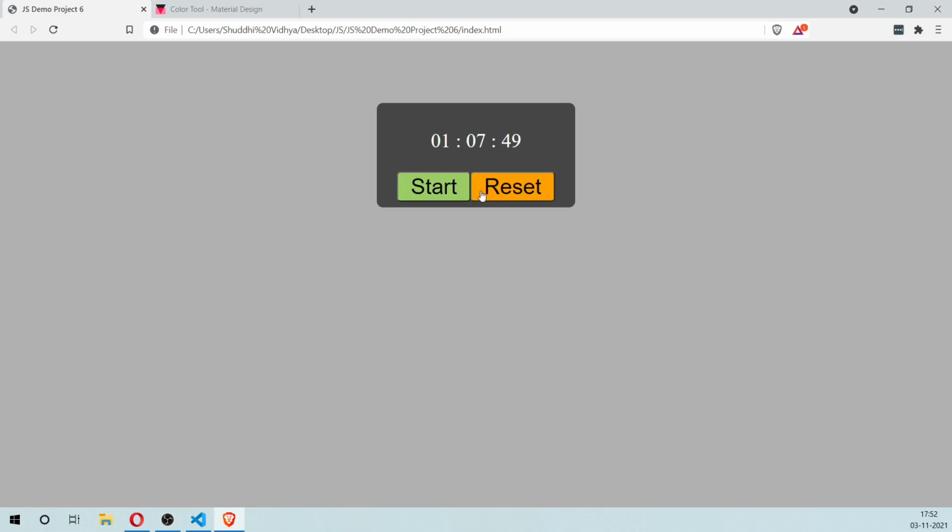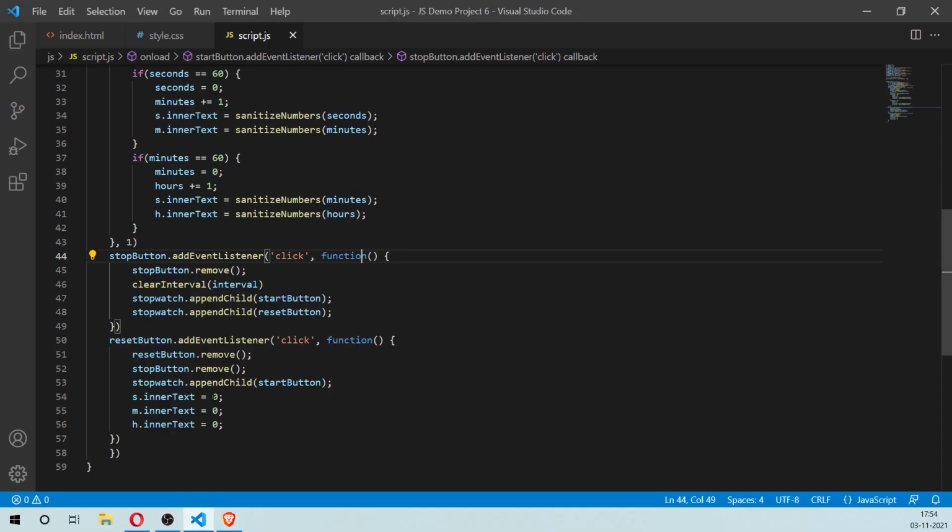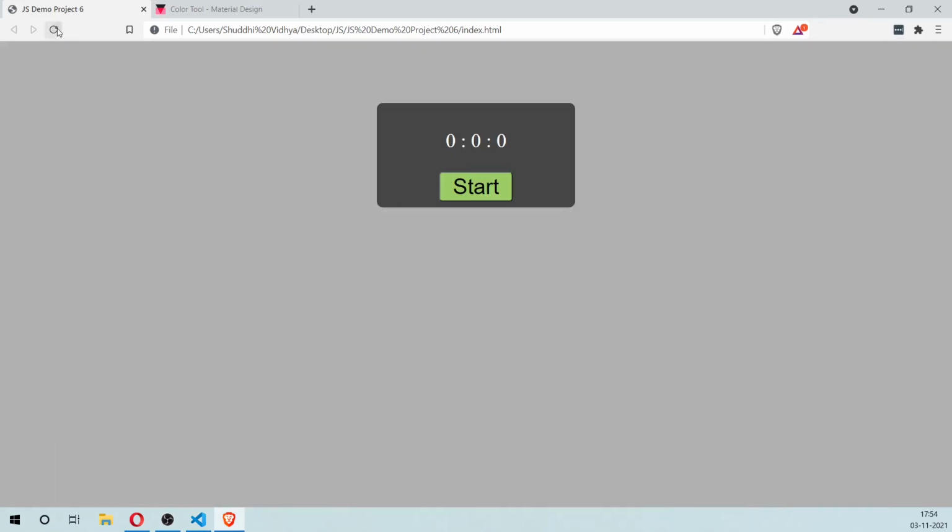Okay, it works out. So okay, this is not good. We have to actually fix this. So here, when it's setting to 0, we can just do it like this, and that should fix it. Okay, everything is done. Our stopwatch is working great.